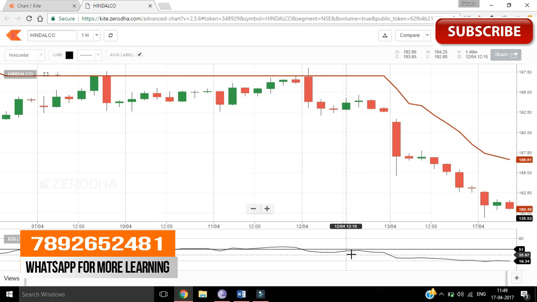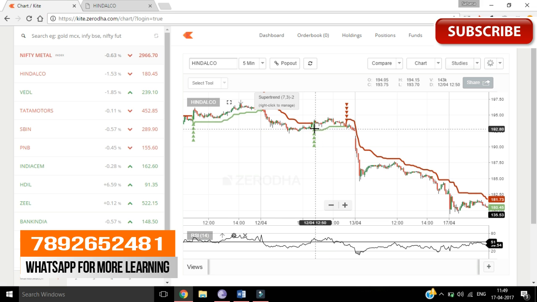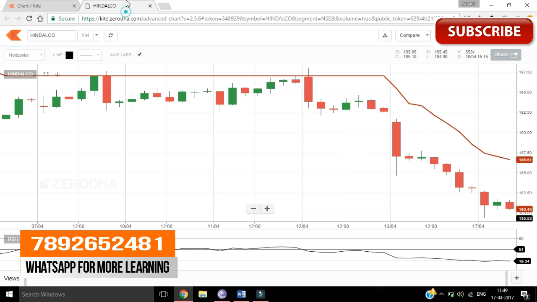12:45, somewhere over here. Okay, between these two, still it's below the line. So here you got a buy signal, but the RSI is below, so you should not buy the stock. Later again at 14:55, you got a sell signal on 12th,